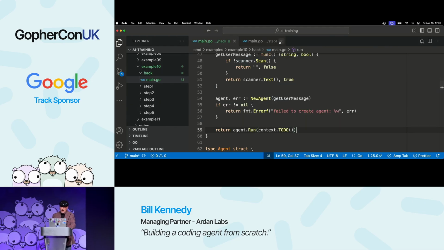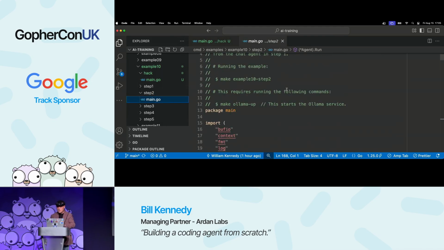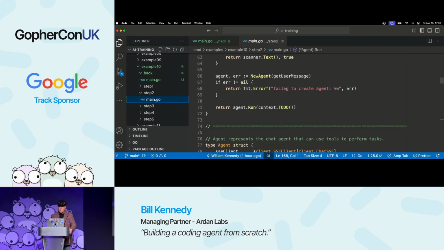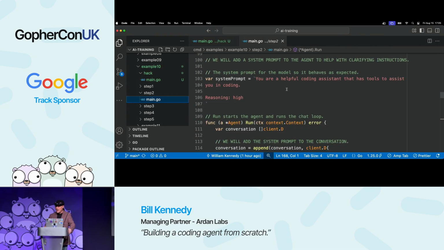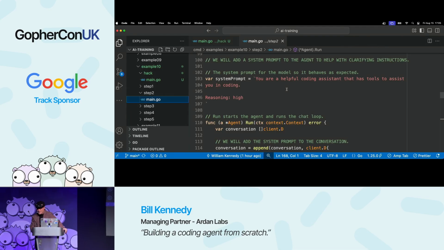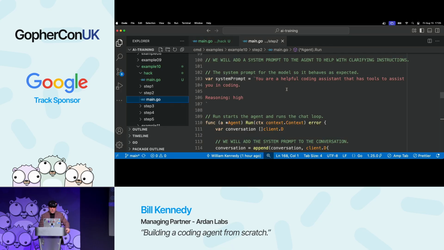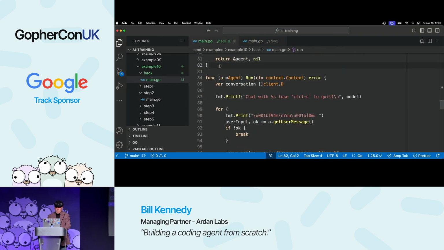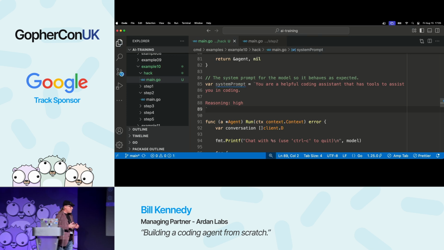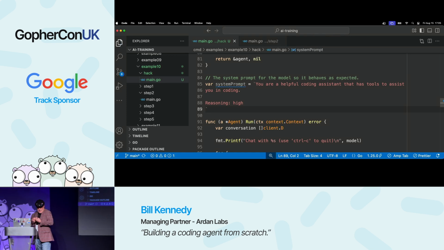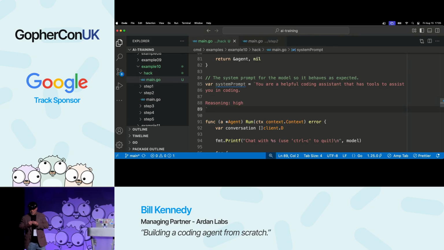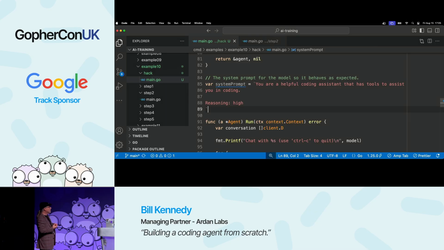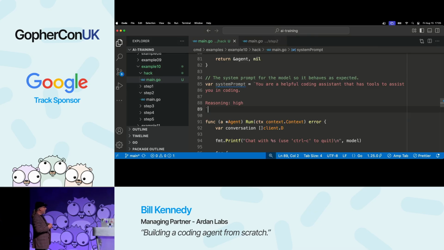Let's go ahead now and look at the code that I want to bring in from step 2. As you go through these examples on your own, you're going to see me yelling at you, that way I don't miss it. So this is what we're going to now add to our little client. I'm going to add a system prompt to our client. The thing about system prompts is you can give the model a little bit more instruction. If it's not behaving, this is a good place sometimes where you can try to get it to behave. So you're a helpful coding assistant,